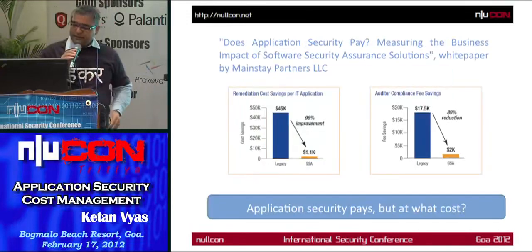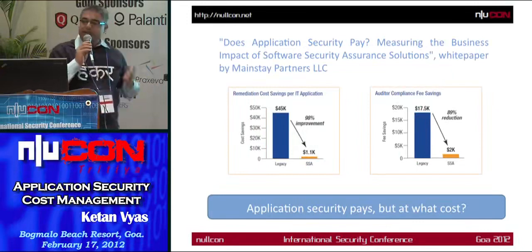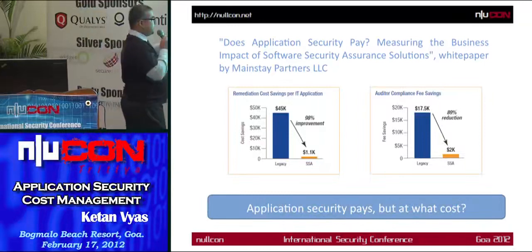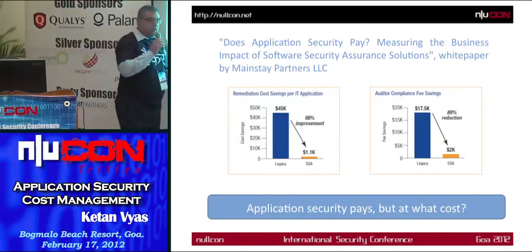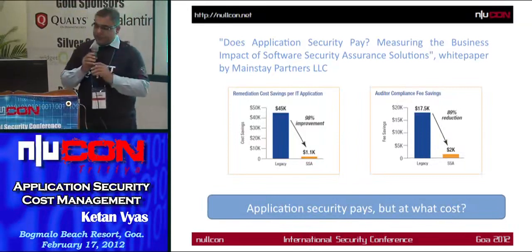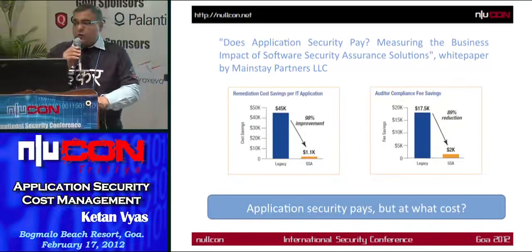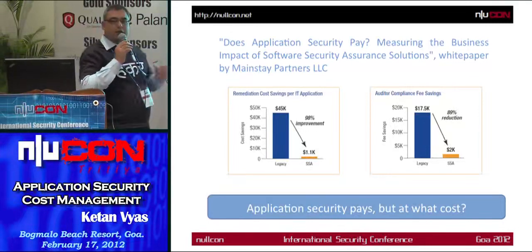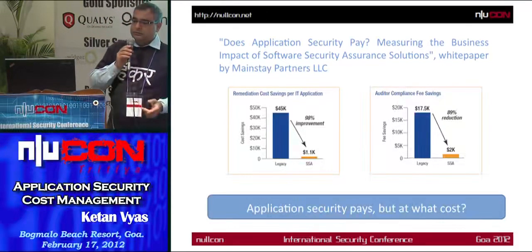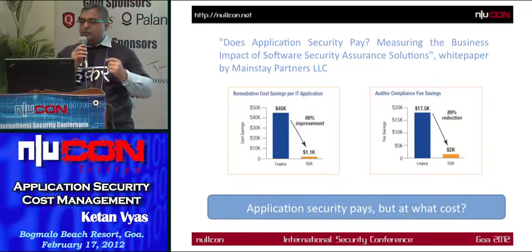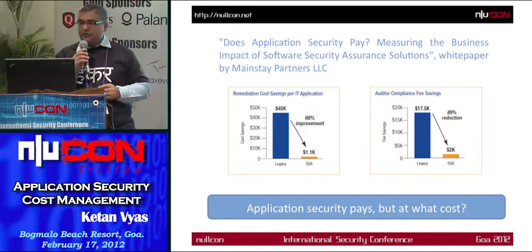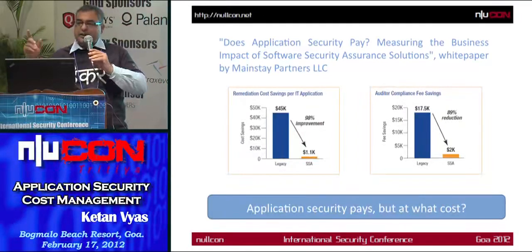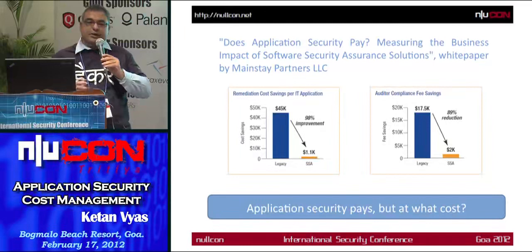There was a very good study done on whether application security really pays. And these are the results. Results are pretty good, showing the reduction in the cost when we manage the incidents. They have also shown that the audit cost will also go down. But at the end of the day, what portion of cost is going down? So from 1 million, is it coming to 90% of it? Or from X type of budget, is it converted to X by 2? So what is actually the cost of application security?